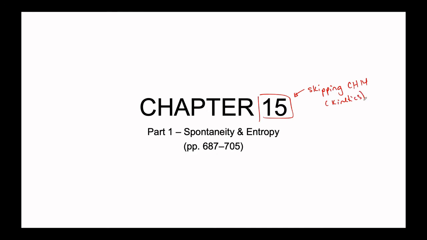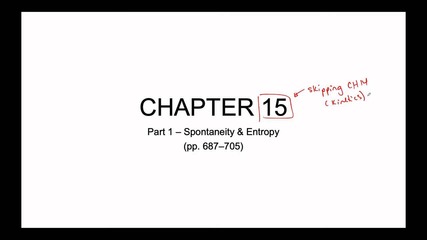And kinetics, in my opinion, is a little bit easier to understand if we've already talked about the contents of Chapter 15, which is spontaneity, entropy, and free energy. We can use these topics to better understand the reaction rates and kinetics mentioned in Chapter 14, though yes, they can be disconnected and taught in the opposing order, like how the textbook has it arranged with kinetics first. In my opinion, it's easier to talk about thermodynamics part 2 first, since Chapter 15 really does piggyback off of Chapter 10 in combination with all of the phase studies that we have talked about so far